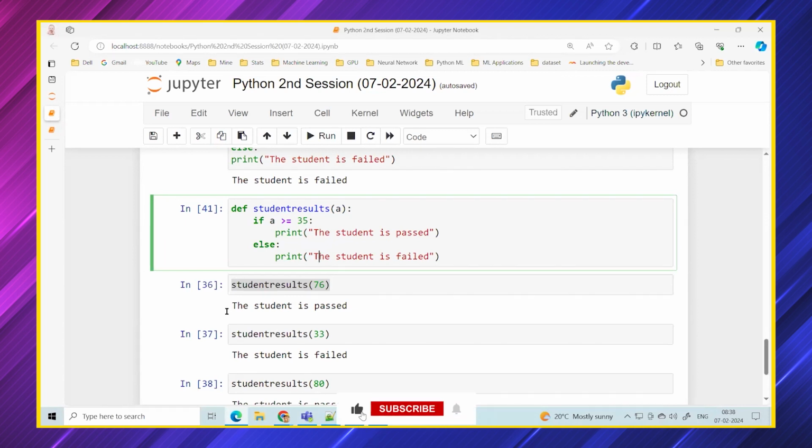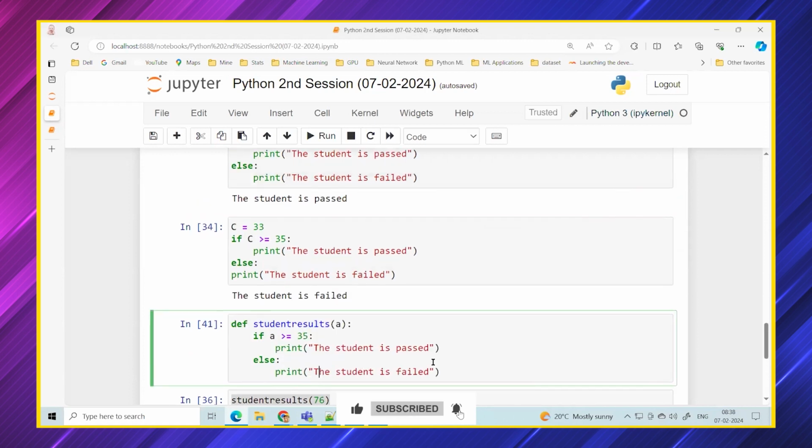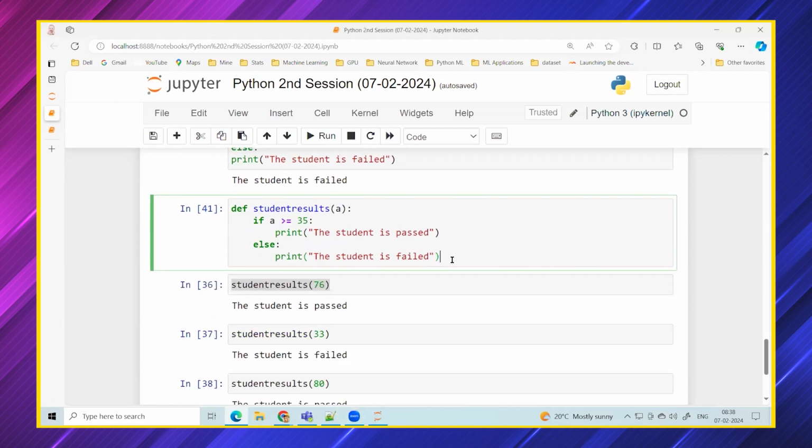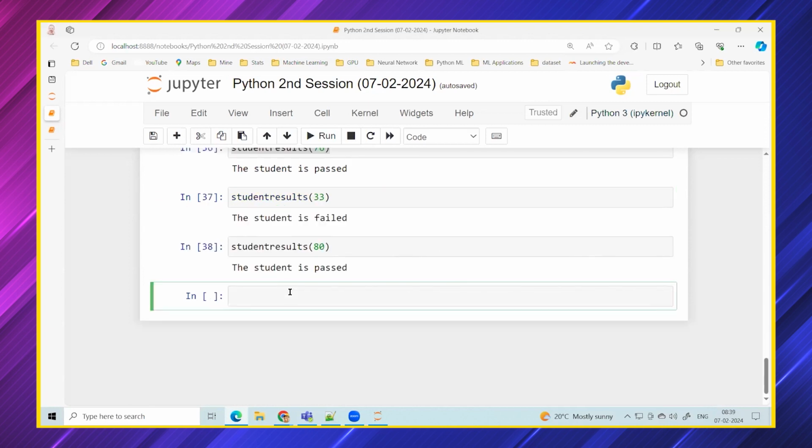Now, let's improvise this. It looks very simple, right? So always we have to start from step one. Let's do that, but I'll put it in a different way. Now, listen carefully. If A is less than 35, I have to write a colon, enter,